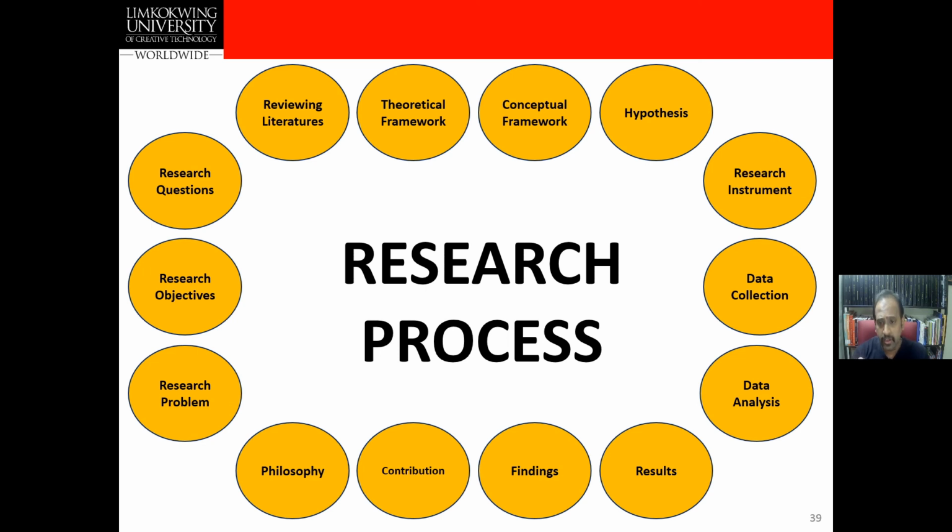For example, in your research instrument there are plenty of things inside. You have many kinds of instruments. In instrumentation itself, you have to look at your Likert scale. There are something called the Guttman scale and many kinds of Likert scales. And then the literature review, again it's an ocean. Coming to your data analysis, it's again an ocean. If you go deeper into it, you can call yourself someone who has done advanced research methodology. Every element here has a lot of detail, but if you understand the top of the ocean, you can call yourself someone who knows methodology.